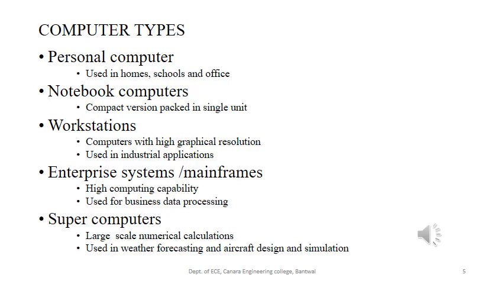Many types of computers exist. The most common computer is the personal computer, which has found wide use, and its most common form is the desktop computer as well. The size of the desktop computer is large, as compared to notebook computers, which are very compact versions of desktop computers. The difference between the personal computer and the notebook computer is the compactness of the notebook computer.